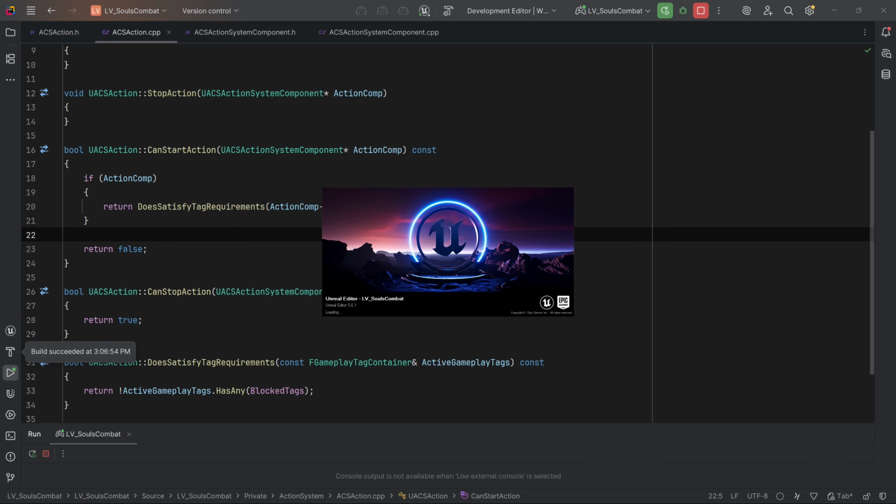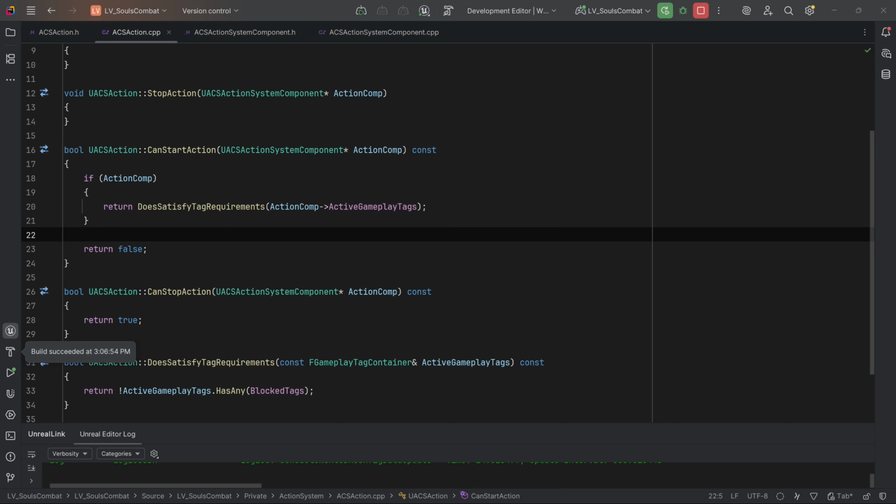Okay, my build succeeded. If your project didn't compile successfully, you need to keep in mind that C++ code needs to be exactly correct, and any small mistake can cause your code to not compile. I'm going to quickly scroll through my